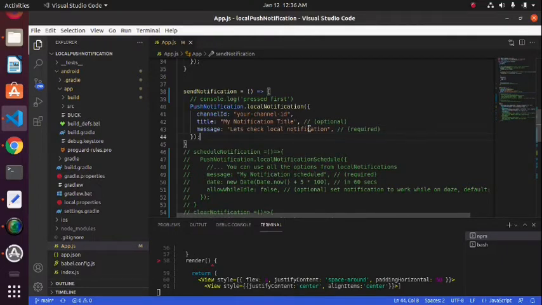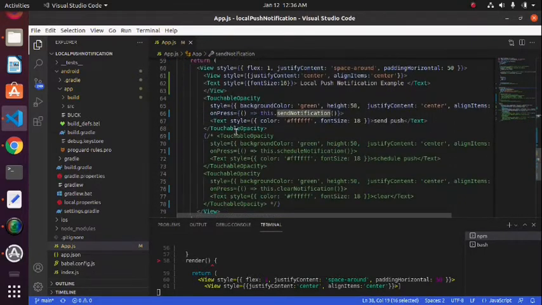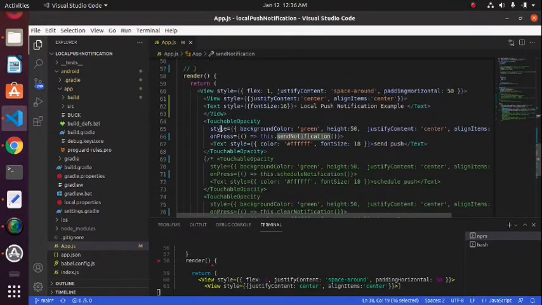Here in my view, I have just created a simple button, like a TouchableOpacity, and I have put a few styles on the button. This is a method that I'm calling, sendNotification, on click of this button. So on send push, I'll call a method that I have already created here.